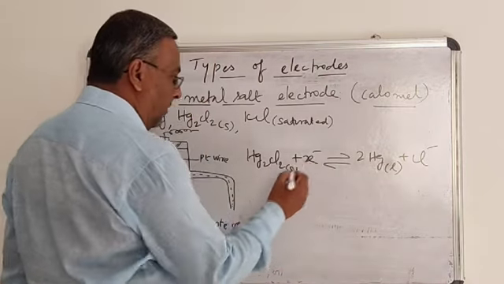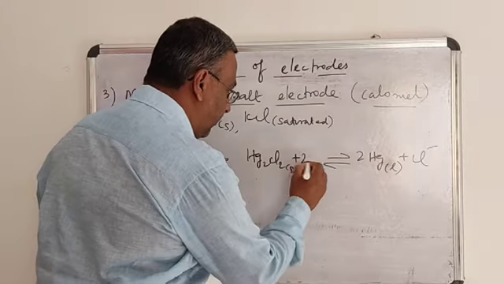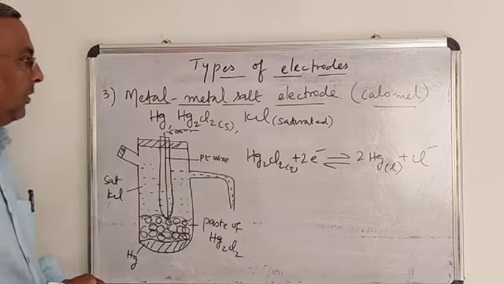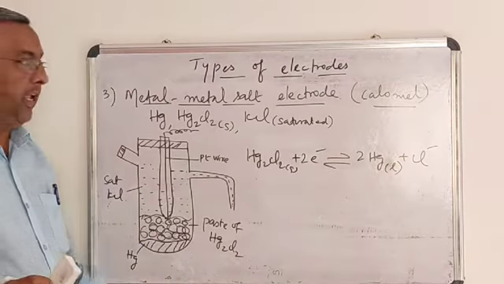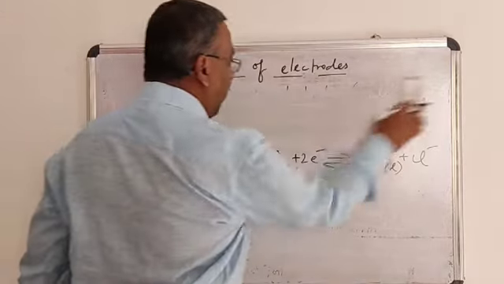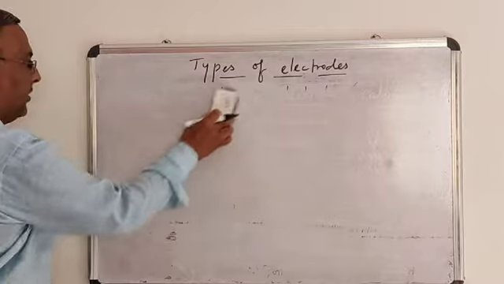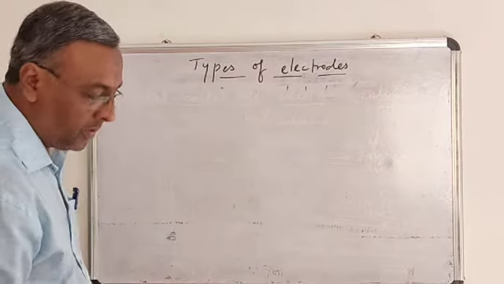That is 2 electrons, this is 2 electrons. This is about the metal salt electrode. The last one we are going to study is the fourth one,